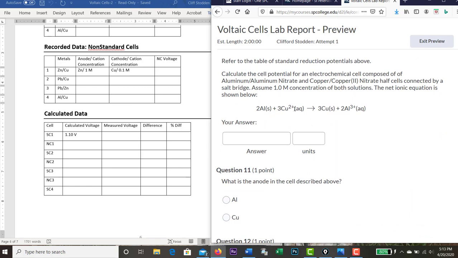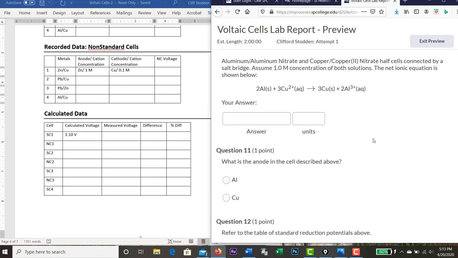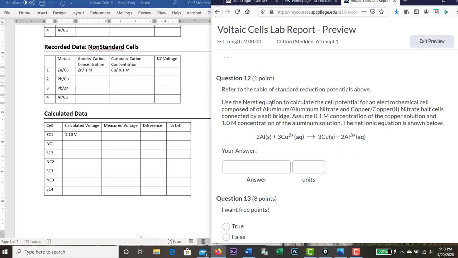The one that's the most different is the last one you're going to be doing here, because that's with aluminum and copper. It's not different in terms of the standard potentials, because you still just use the 2 half cell potentials from above, and the copper again is your cathode, aluminum is your anode. So you calculate that one. But it's down here when you get to the Nernst equation. This time the Q value is a little more complicated. So in your Nernst equation, Q